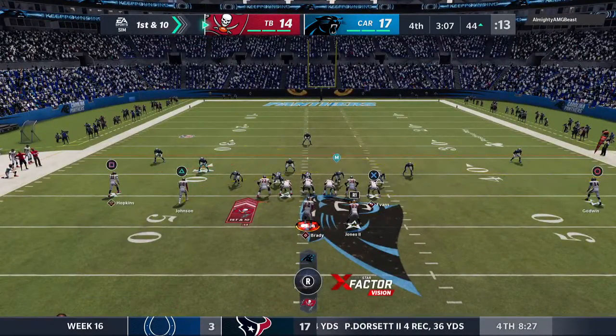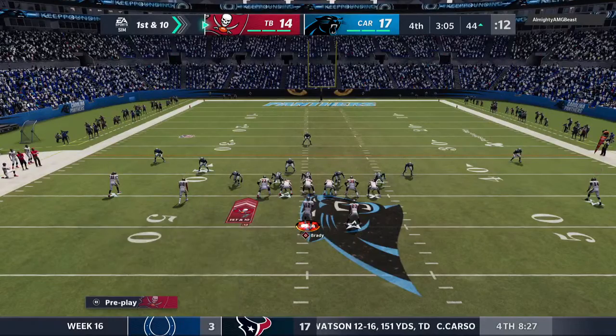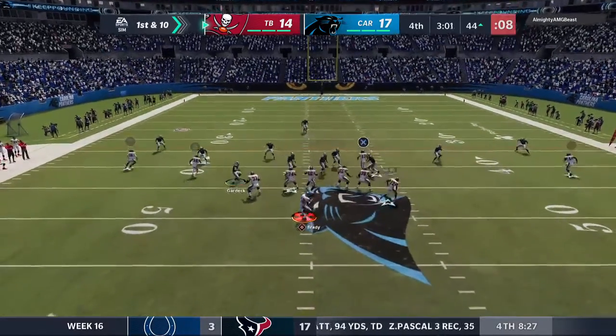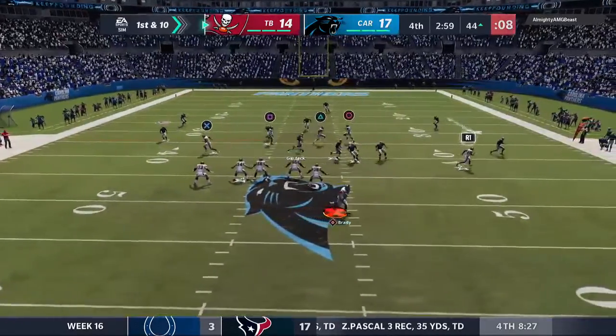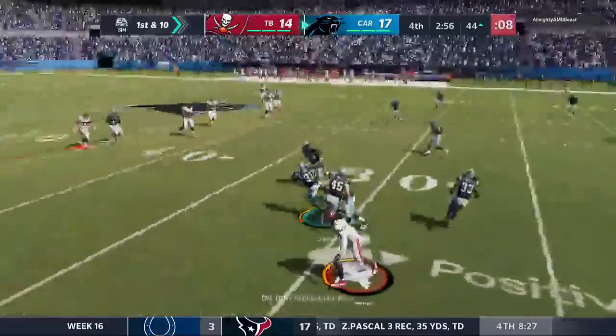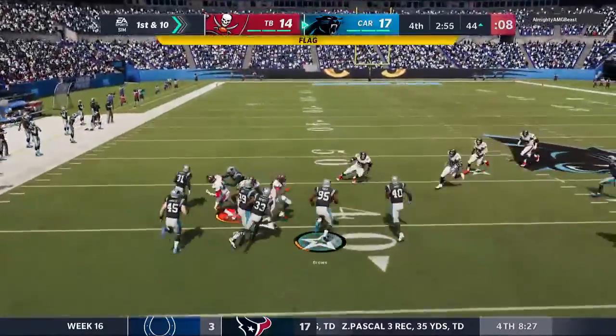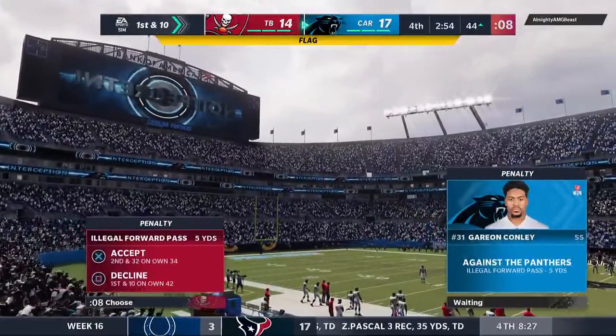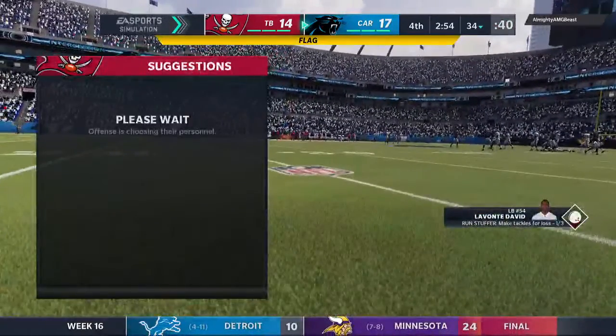We'll definitely see some open running lanes, and he's taking advantage of it right now, but that shouldn't be a surprise. Defense has the lead. They're playing for the pass first. Flush to his right. He's got a crusher there as it's intercepted. Picked up by Gary and Conley. And the return this time will go out to the...